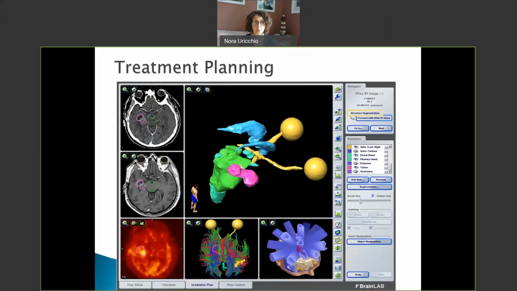Another example of a treatment plan, this is a brain. We can again outline those normal structures. So we can outline the eyes, the brain stem. So you're looking at this alien-like structure here. The eyeballs are right here. We have the optic nerve. We have our brain stem. So again, we are going to design a field of radiation that will miss those critical targets.